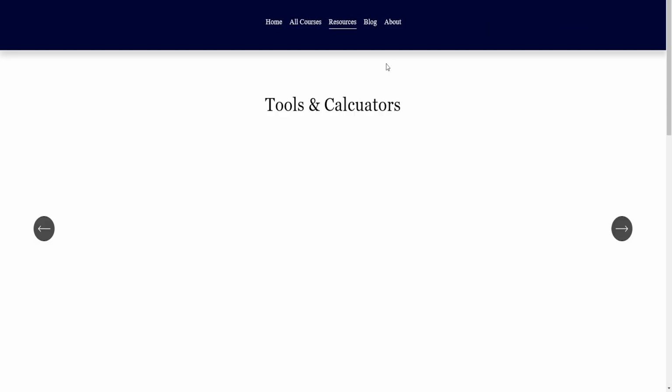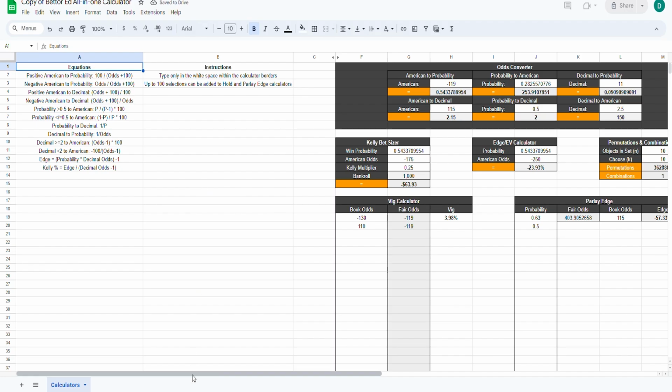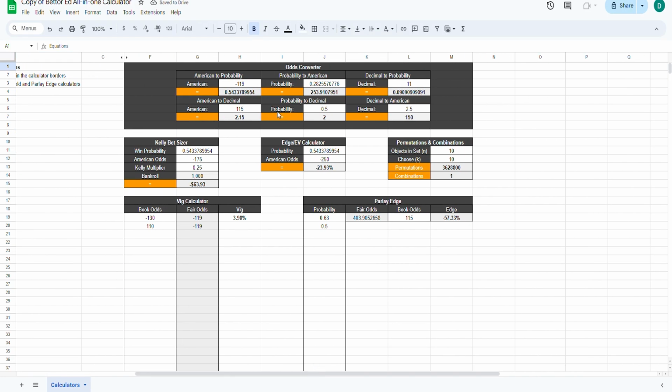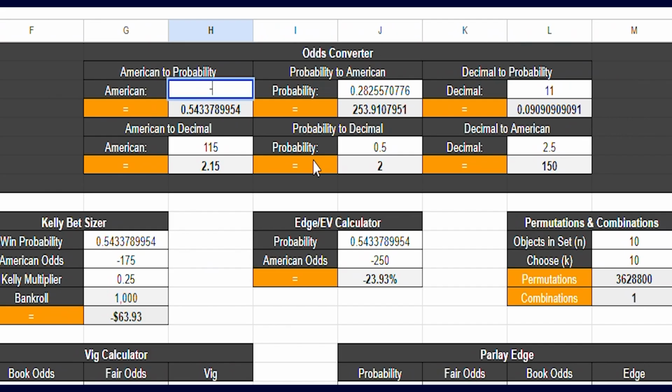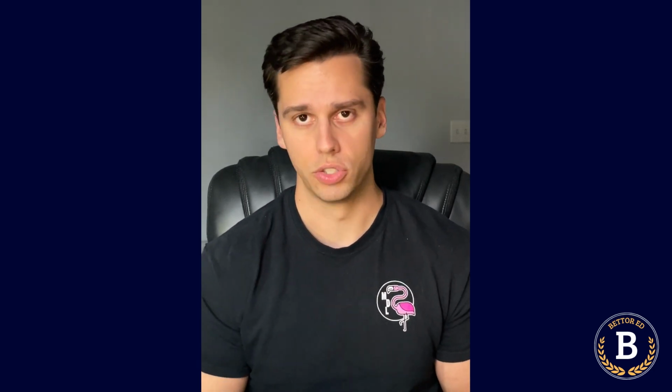So if you're not already doing it, you're going to start translating odds like minus 110 into a probability, into a percent. So for minus 110, that probability is 52.38%. For plus 150, the probability is 40%. If you don't know the probability of the bets you're placing, you're basically flying blind. Your brain just doesn't know how to handle odds very well, but it does know its way around a probability. You need to be thinking about the probability that your bet is going to win.